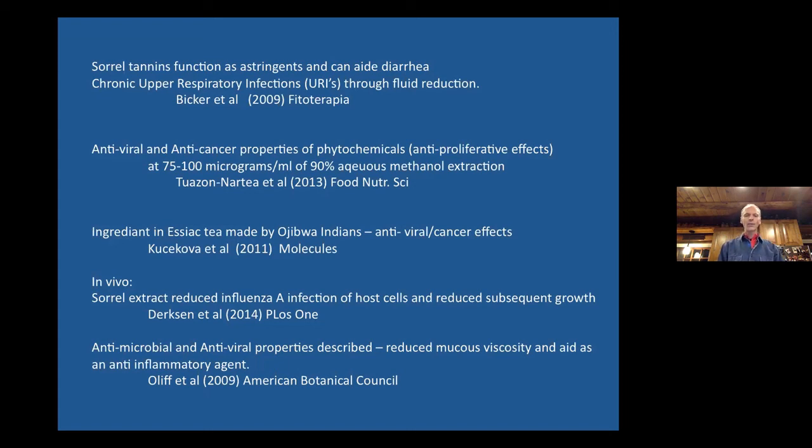And basically it helps reduce mucus viscosity, so it makes it more runny, and aids in an anti-inflammatory way. So actually cutting mucus is a good thing, because a thick, sticky mucus is very difficult to expectorate or cough up and move out of your lungs and out of your bronchial tubes, out of your nose, out of your sinuses, your paranasal sinuses. Just really clogs things up. So if you can cut the mucus and aid its passage, that's a good thing,